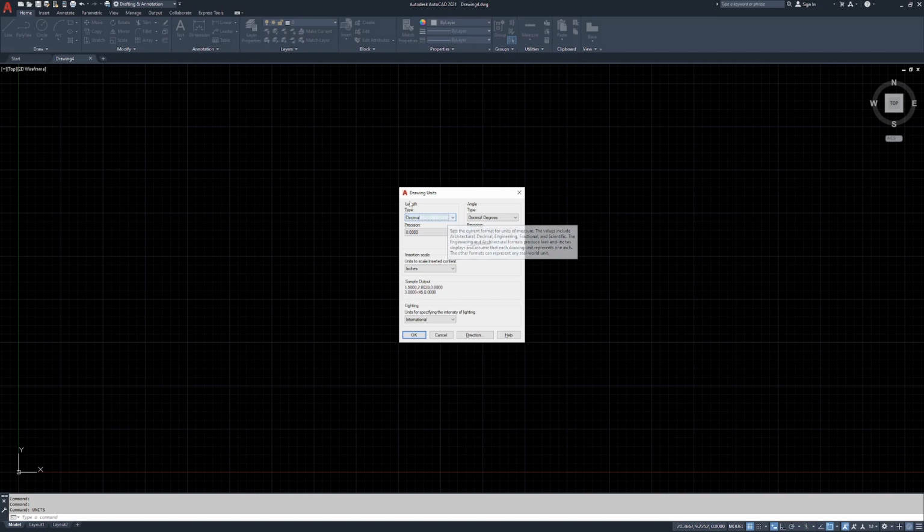If you click under the length column, the type, where it says decimal, click the drop down, set it to architectural. Below architectural is the precision. Now, the precision is very important only when you're dimensioning objects. So let's say you have a line that's 1 foot 3/32 of an inch. If the precision is not set to 30 seconds, it's going to round it up or down based on what